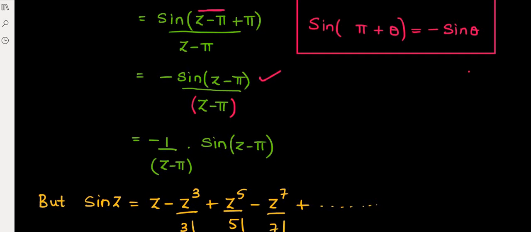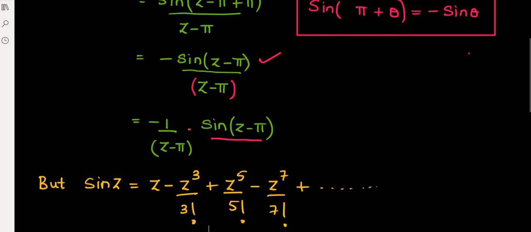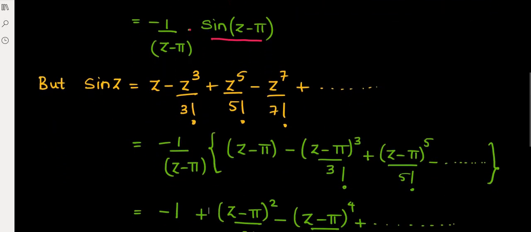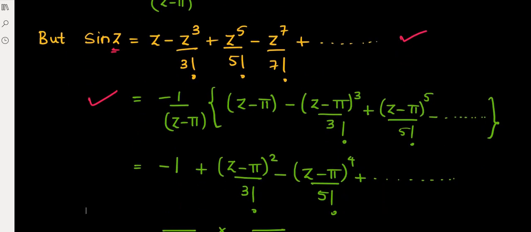After keeping it aside, we are going to expand sine of z minus pi further, making use of the identity sin z equal to z minus z cube by 3 factorial plus z raised to 5 by 5 factorial minus z raised to 7 by 7 factorial, etc., where instead of z we have z minus pi. After expanding, we get this series, and then after opening the brackets, you will be left with